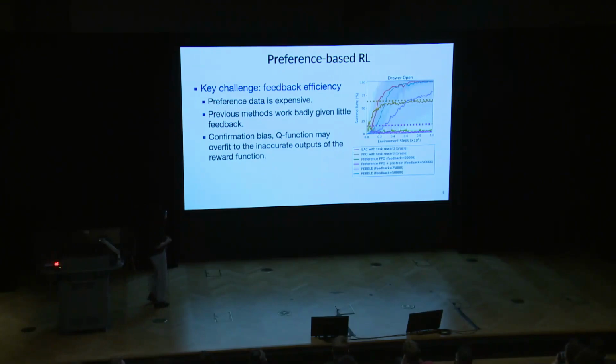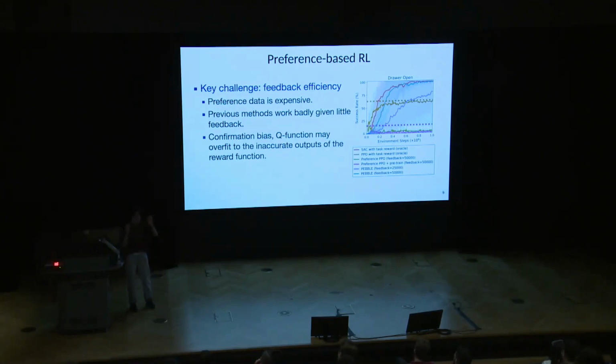What we have observed is that if we have less human feedback, for example, if we only have 1,000 binary labels instead of 50,000, this would be less data, and based on this less data, we would train the reward predictor, and it might lead to a less accurate reward predictor. And in the reinforcement learning part, we usually need a critic function like a Q function to evaluate how good or how bad an action is. So in this case, this would lead to the problem of confirmation bias.